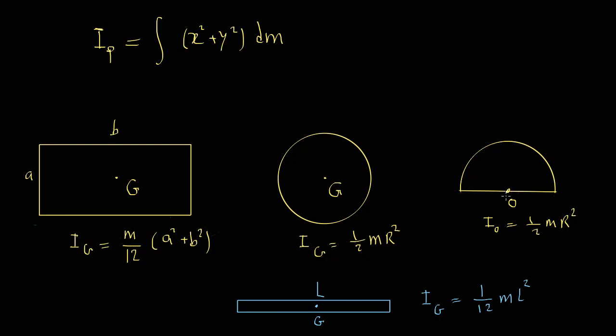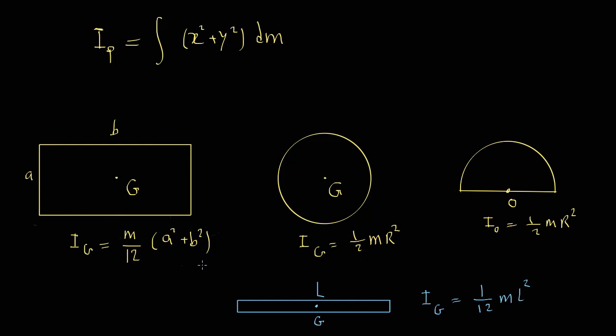If we calculate that around O, that would be 1 over 2 m r squared. And m here is just the mass of the half circle. M here is just the mass of the full circle. Again, m here is just the mass of this rectangle. For a bar or a link that is very long in one dimension and has a very short dimension in the other direction, we can use this formula and just say